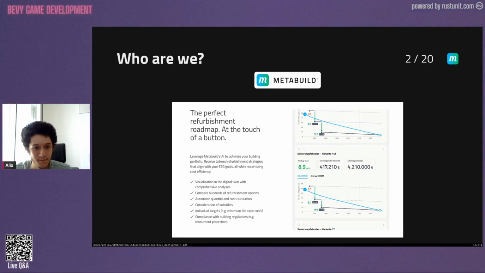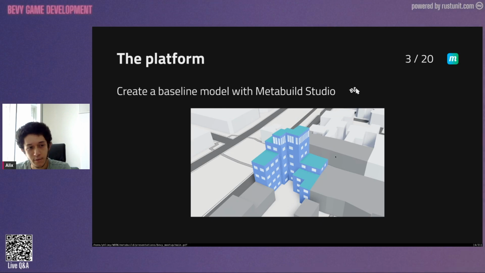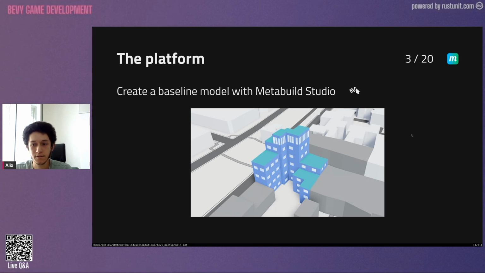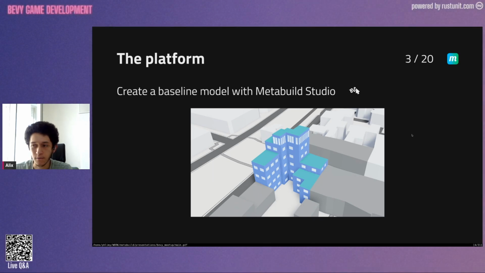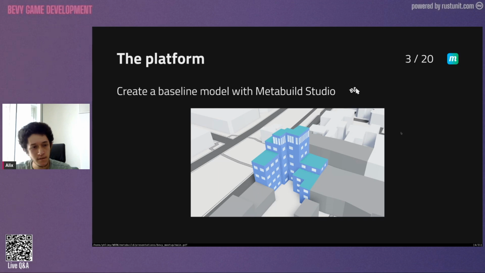So the way our platform works is that basically you start by creating a baseline model of your building with our app. There are basically two scenarios where our app is useful. Either you have an existing building that you want to renovate, or you have a new building project, in which case you just want to see improvements upon your current design. So you start by creating the baseline,